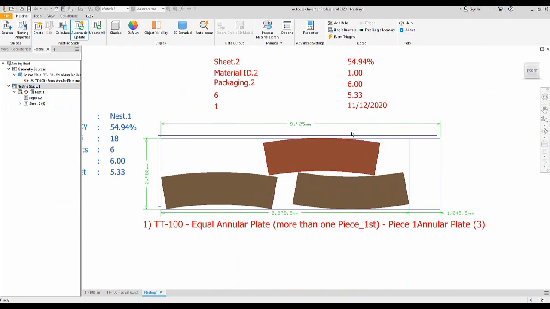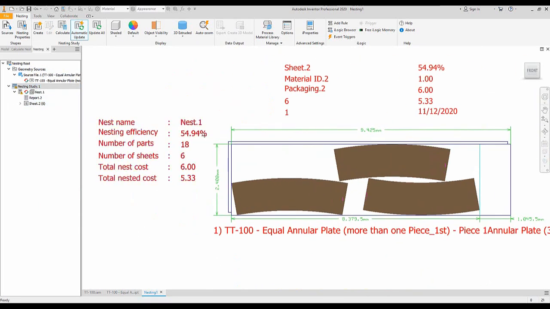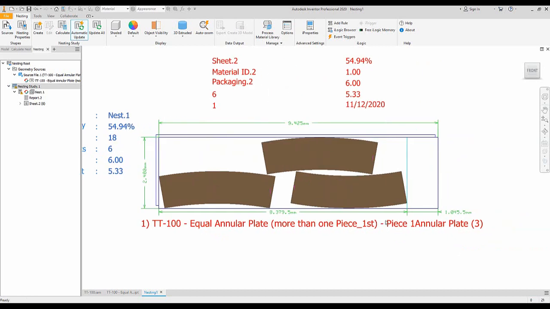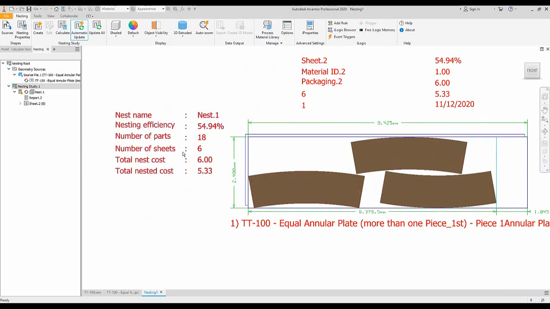Okay, you can see that the efficiency of this nesting is 54, and 3 plates inside the annular plate, and we will need 3 pieces only, so we will need 6 sheets